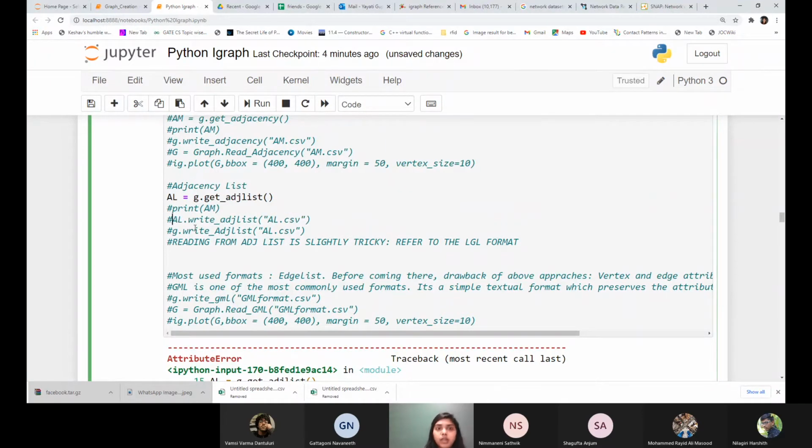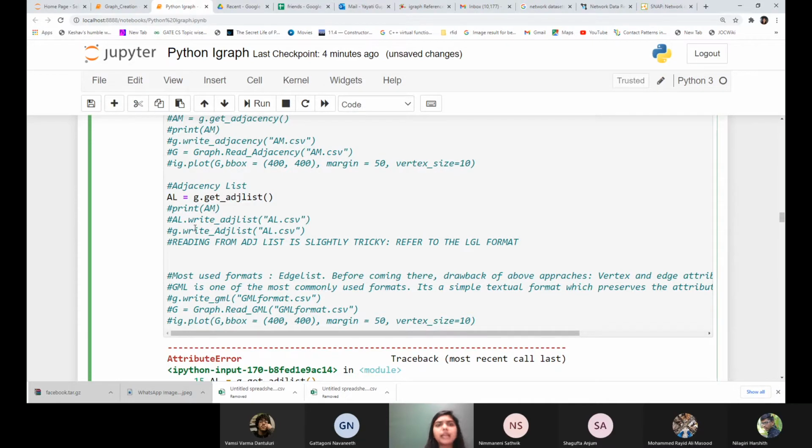So one thing here is when you are reading this adjacency list from the system, it's very difficult in the case of iGraph. iGraph does not have a specific format. It has a format, but it doesn't have a very, what I would say, clean format for reading from an adjacency list similar to NetworkX. So I'll show that to you in a while.